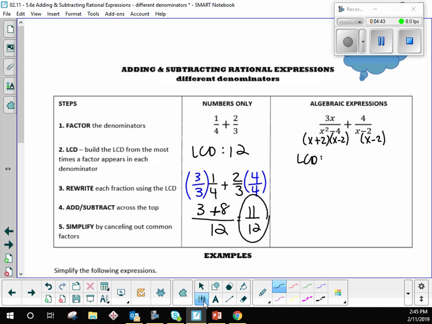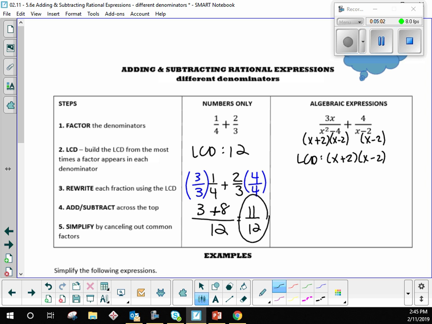So for both of these pieces in the first denominator, I need an x plus 2 and an x minus 2. And then that's it, because in the second denominator, I need an x minus 2, but guess what? I already have it. So then this is my least common denominator. So then to go do this